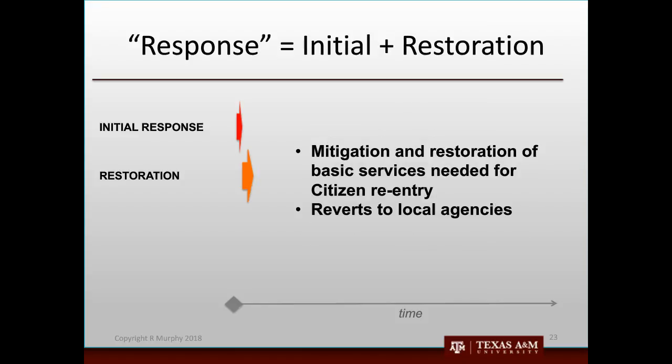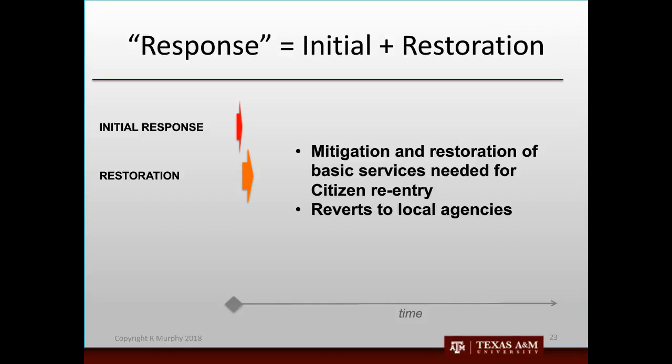The restoration phase is a little broader, because it's still incident command, but we're trying to mitigate and restore basic services. So once we've gotten the life-saving part over, now let's worry about what it takes to get those power and utility teams in there safely, because if anything goes wrong, you don't have enough resources. There are no ambulances to go get them. There are no roads to get at it. So you want to make sure everything's safe for them. You start bringing in mitigation and restoration. What is the state of the sewage systems? All of that. And then that's starting to go back to the local agencies, like a city or a county,